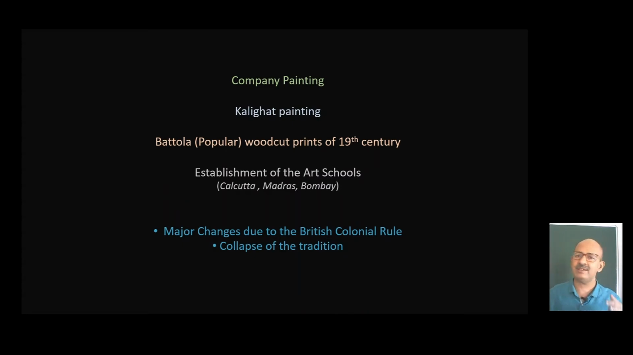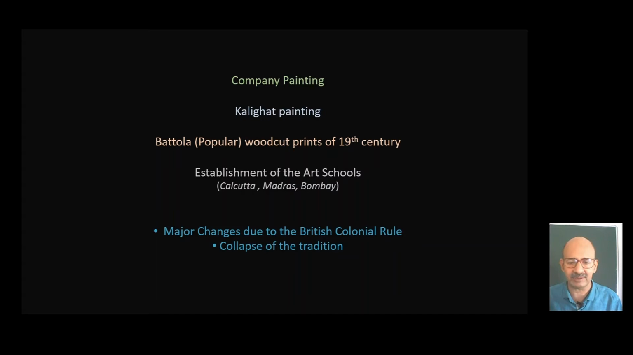Now we have already seen examples like company painting, we have seen Kalighat painting. We have not seen yet, but I shall show you in one of my next lectures, examples of the Bothtala. Bothtala is the name of a place in North Kolkata, but basically these are popular woodcut prints of 19th century which were found in street shops, roadside shops, etc. And establishment of the art schools, Calcutta, Madras, Bombay, all happening in mid 19th century, close to one another. So this is the scenario of the art